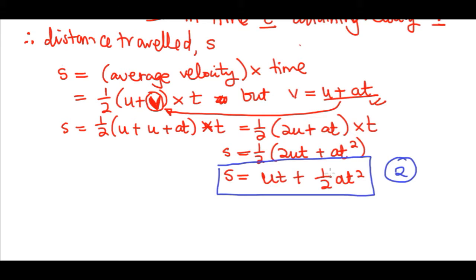I think we've seen this before when I was talking about objects falling and stuff like that, parabola. This is how you derive it. And it makes sense. The distance traveled is just going to be ut plus half at squared. Ut is just the distance that you traveled initially, plus half of at squared, a being my acceleration times the time squared. Easy stuff, I think. That's the second equation of motion. Now, let's be mathematicians for a bit.